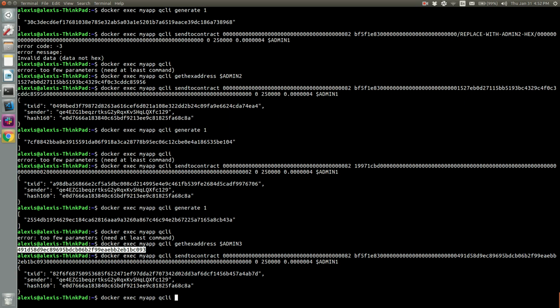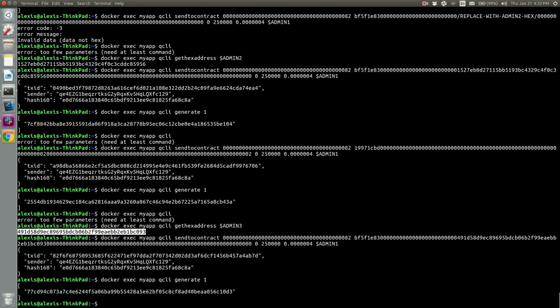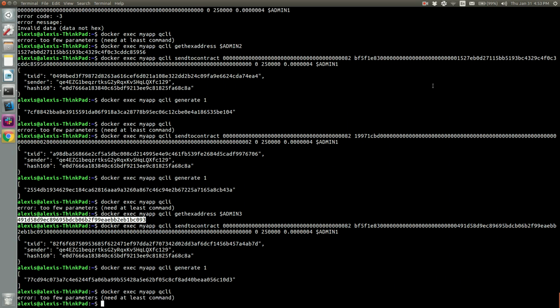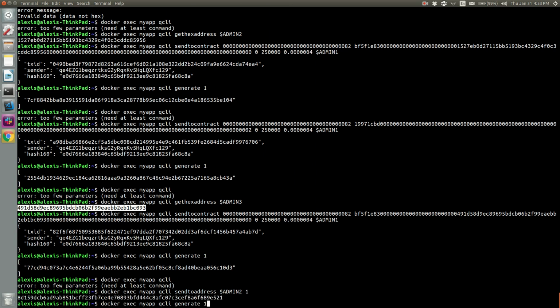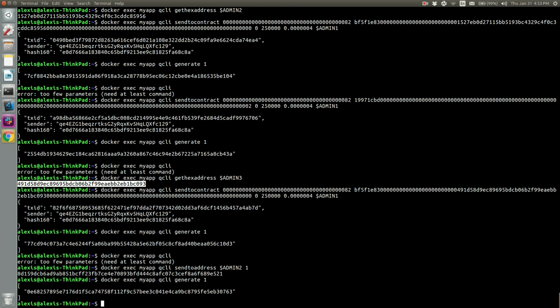And like always, we need to generate one. However, this has not been passed yet. Now we need admin2 to vote for it since we changed the number of votes needed. All right, so like we did with admin1, we are going to need to send some quantum to admin2 in order for him to have the UTXO needed to actually make a contract call. So just send to address admin2. Oh, we just need to send him 1. Like always, we're going to have to generate a block in order for that to be posted. Now admin2 will have that